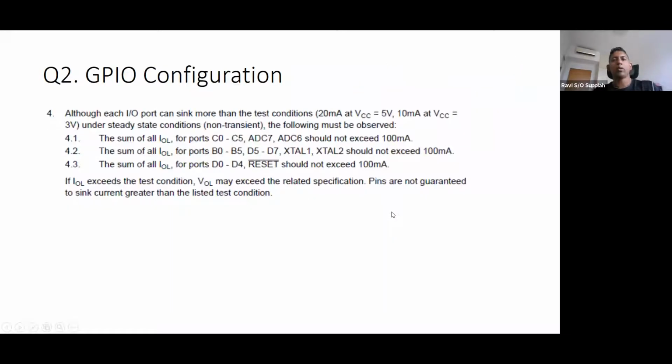The note 4 from the data sheet tells you that even though each pin can sink 20 milliampere, there is still a limit between a group of pins. That means the sum of C0 to C5 plus ADC 7 and 6 should not exceed 100 milliampere.